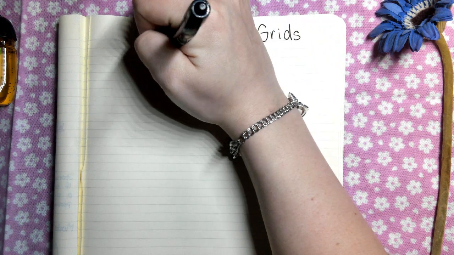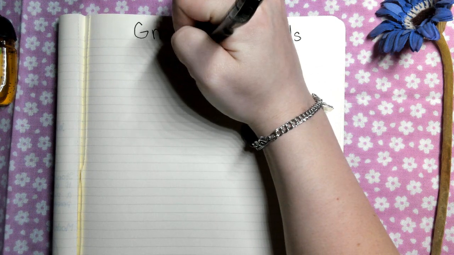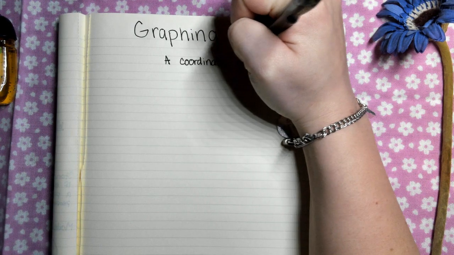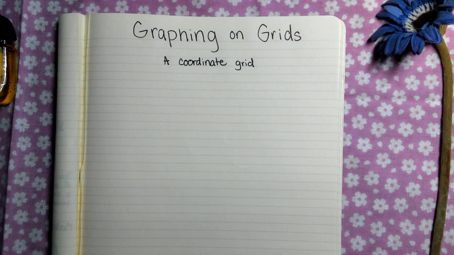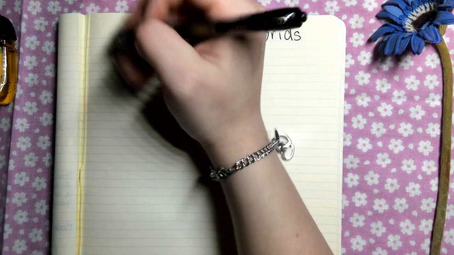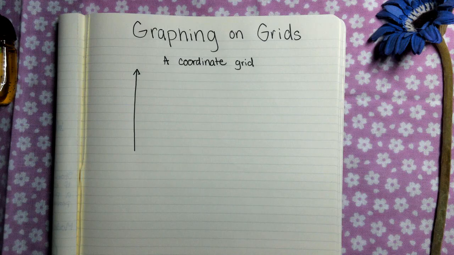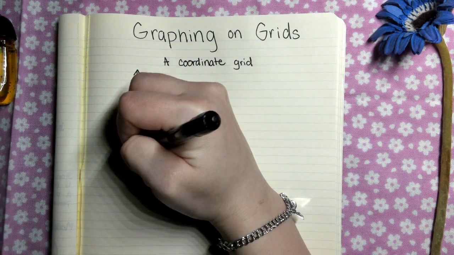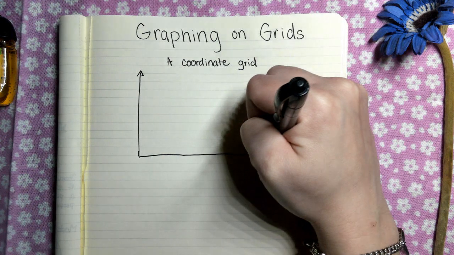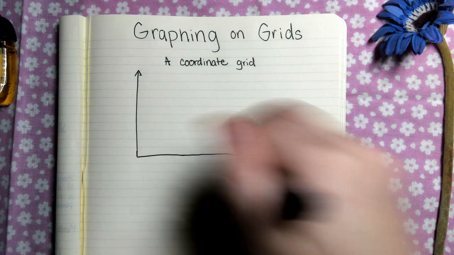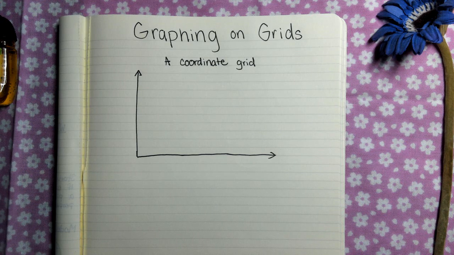We're going to label what it is, a coordinate grid. And a coordinate grid is just what you've already seen before. It's where we have a vertical axis that meets a horizontal axis, and putting them together, you create a grid with a bunch of lines through it. We'll add our lines in just a second. I just want to touch on one thing